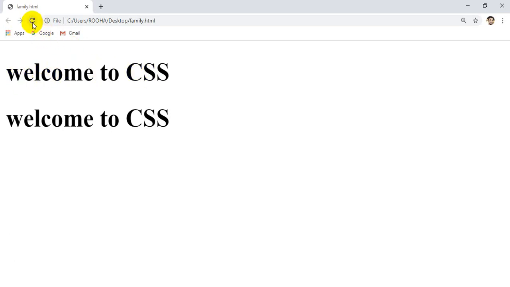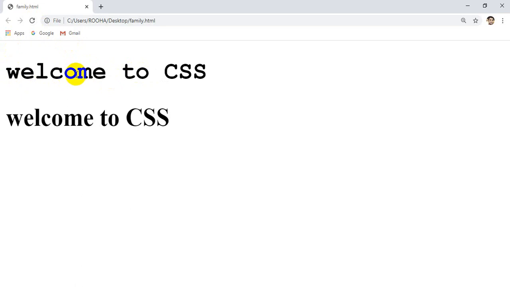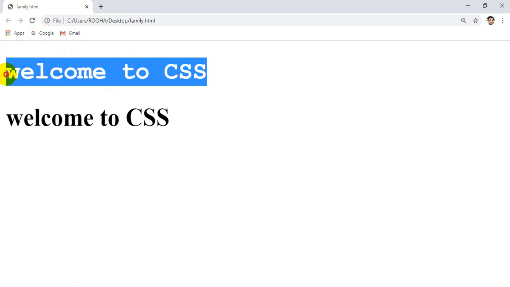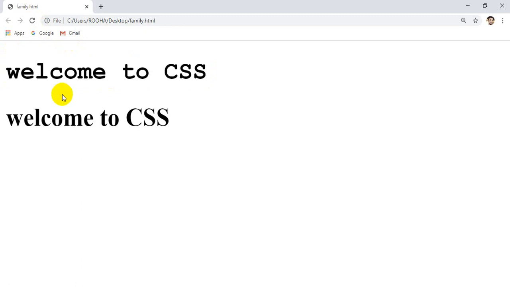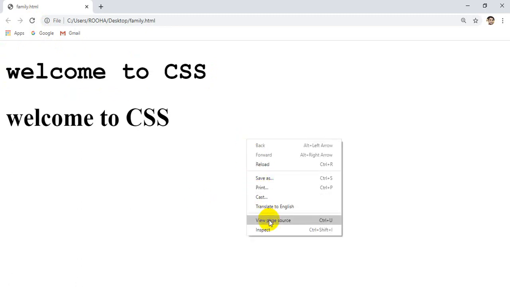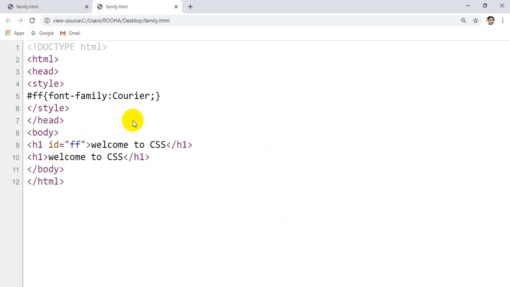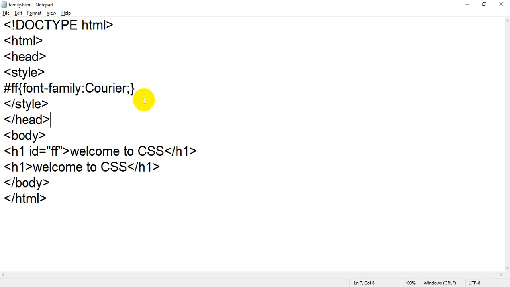I will just refresh, then you will see. Now see, are you getting it, student? Now this font family has been changed. What is the font family? That is Courier.